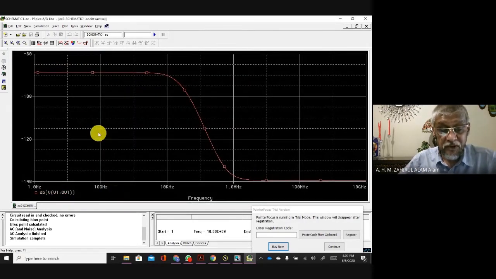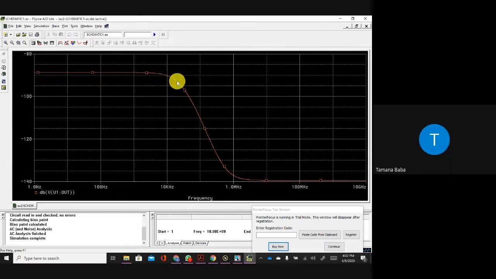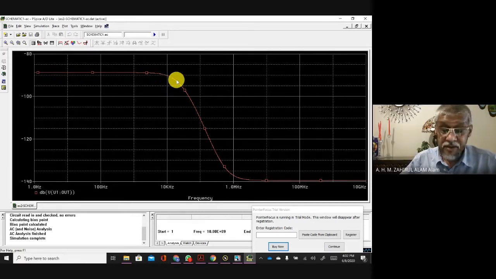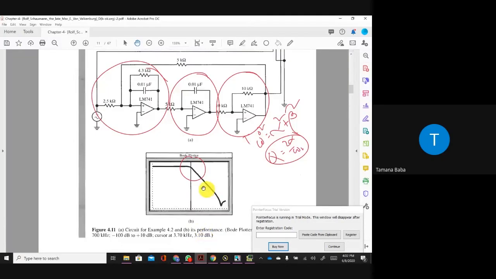So now my bandwidth is much larger. Is it right? So my bandwidth is much larger here. Then if we look at the first stage,